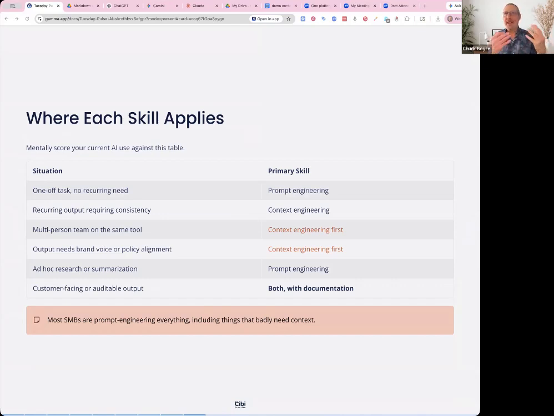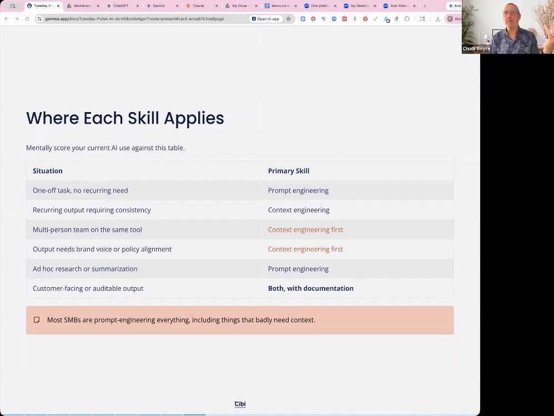If it's a multi-person team who does the same type of things, but they may be in different departments and have different views, you want to create some context files that create more continuity in your conversations. Teams adopt a tool, everybody uses it differently, outputs can be inconsistent, but if you have a context that is repeatable, you have a better output.